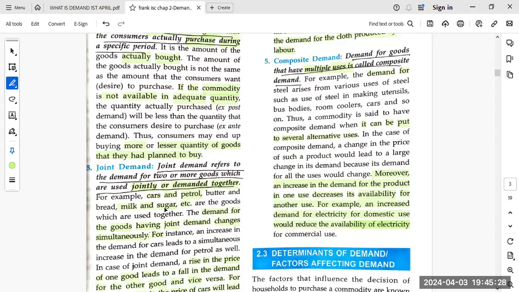So that's okay. Now, next is joint demand. What is joint demand? The name itself explains it. The best example of joint demand I can give you is mobile phone and internet. Yes or no? Will you have a smartphone, laptop, PC or mobile in today's age without internet? No, ma'am, no one will have. But yes, 10 years back or maybe 5 years back, it was not a joint demand. So any two things which are demanded together is called joint demand.